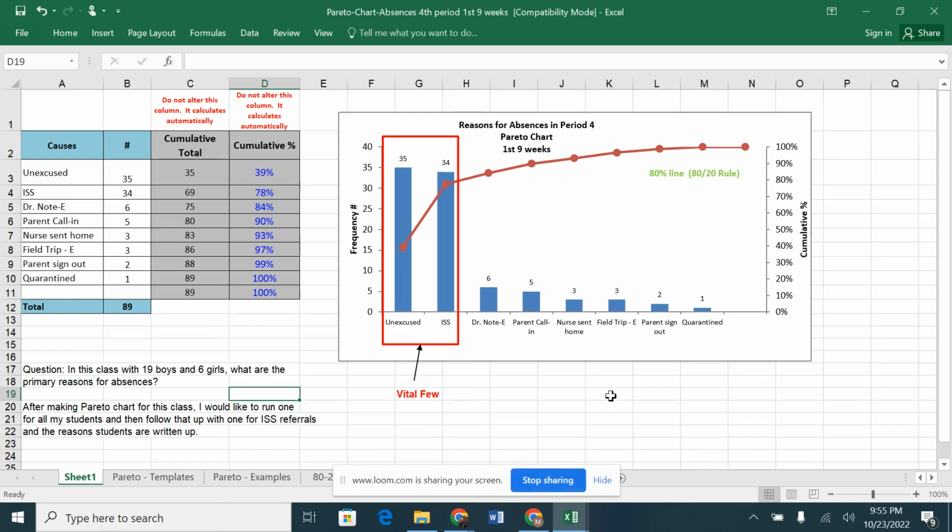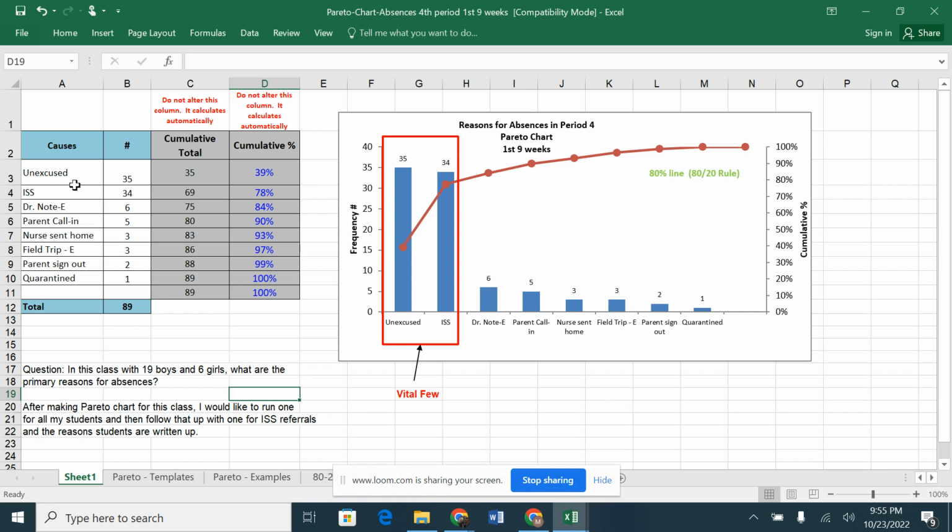Hi, I'm going to tell you about a Pareto chart that I created. I wondered, with a class that I have 19 boys and 6 girls in, what were the primary reasons for their absences. So I manually pulled their absences for the first 9 weeks of school and documented the reasons for